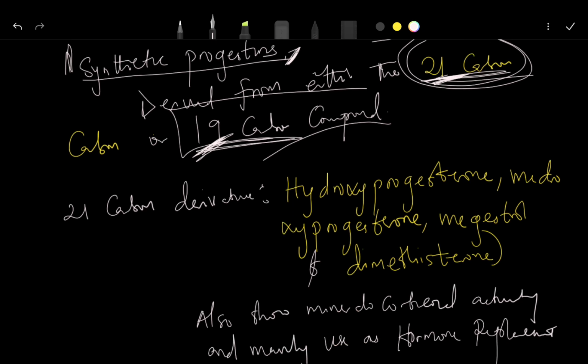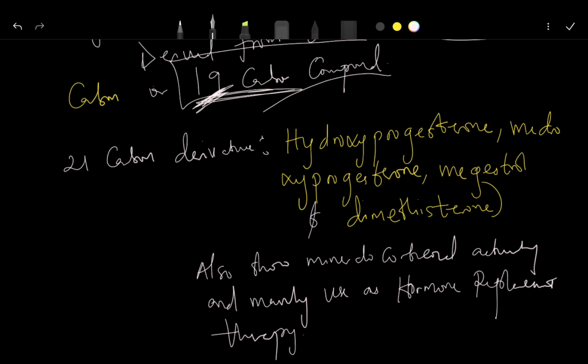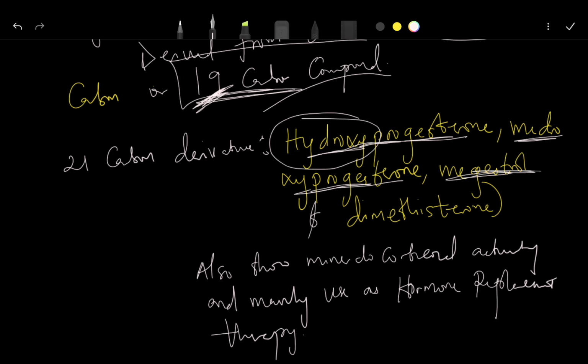Now let's look at the 21 carbon derivative. 21 carbon derivatives include things like what? Hydroxyprogesterone. You can see the word progesterone is inside. The only difference there is just they add hydroxy. You get my point? We have medroxyprogesterone, we have megestrol, and dimethisterone. Okay, all these ones are your 21 carbon derivatives, but the ones I want you to take note of are hydroxyprogesterone and medroxyprogesterone. Then maybe you can also add megestrol. All right, these are 21 carbon derivatives of progesterone, and they resemble the natural progesterone to a large